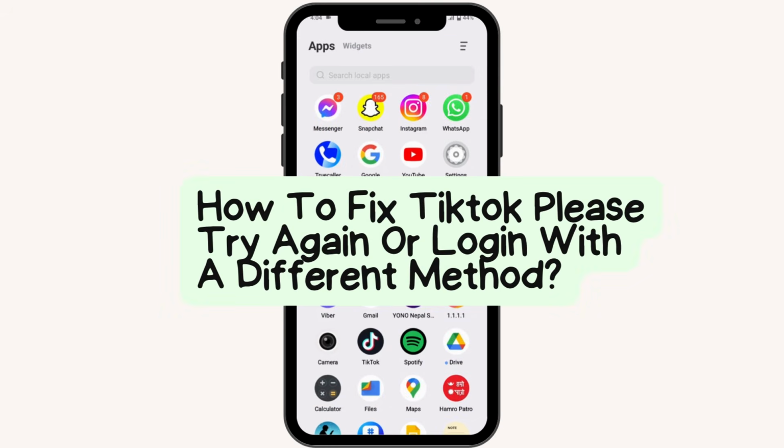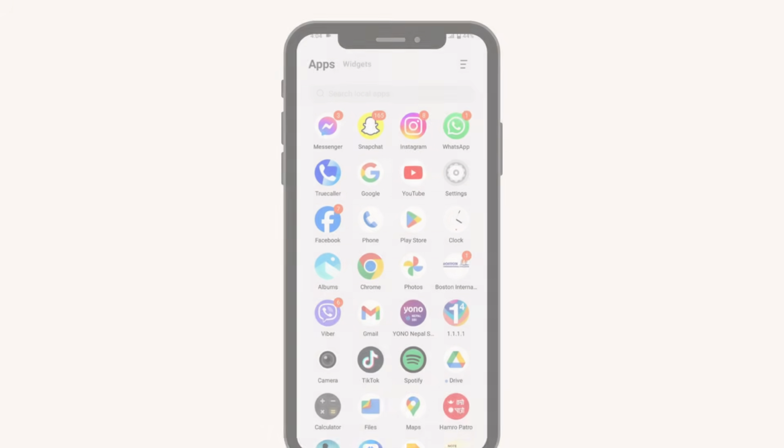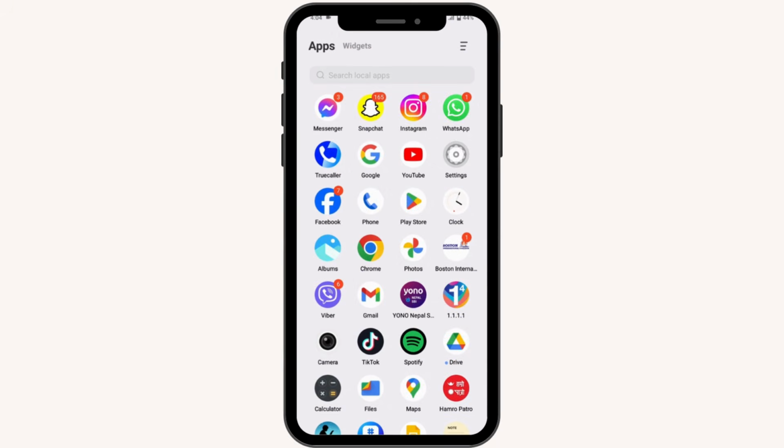How to fix TikTok, please try again or log in with a different method. So if you are trying to log into your TikTok account and if you're facing a problem with that, then